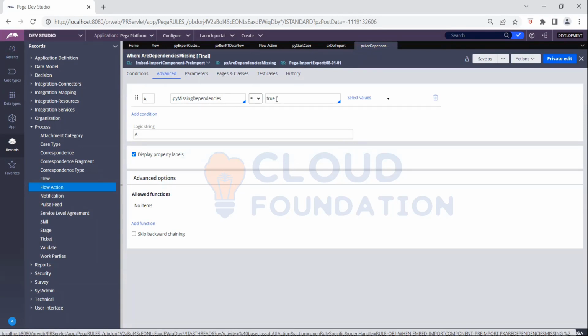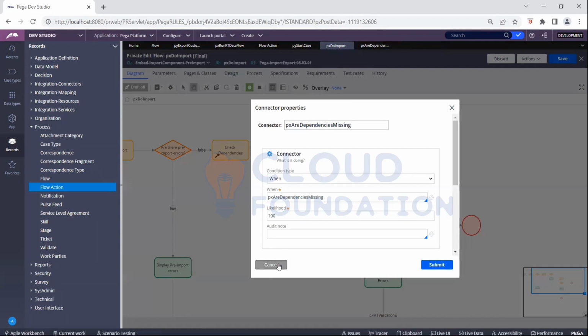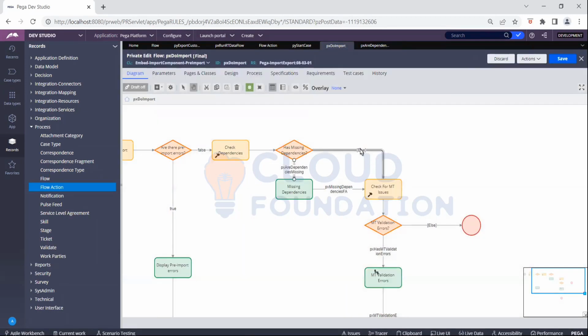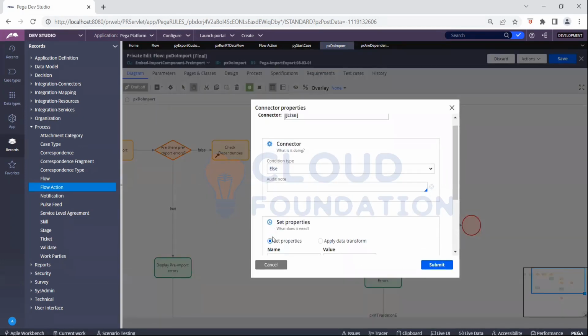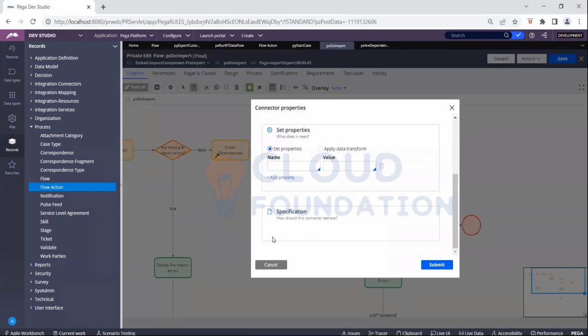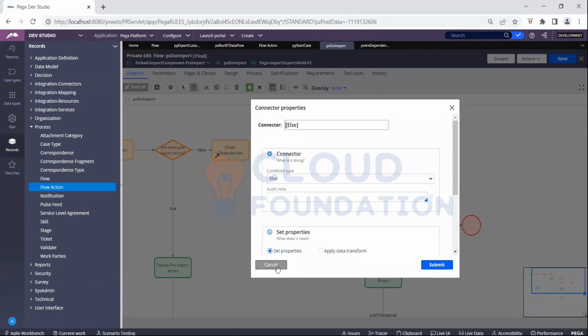And what is the condition on the other connector? The other connector condition is else, right? Whenever this is false, it will follow the else path. The best practice is always to give an else path. You understand? The best practice is always to give an else path, because if you are giving two when conditions